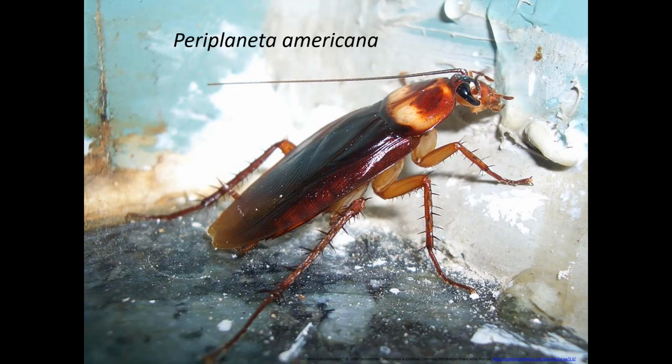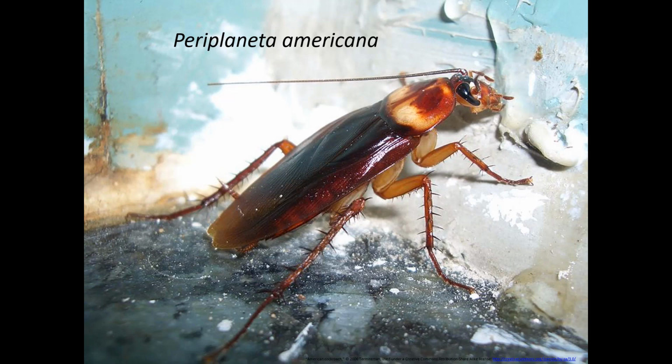The next species is the American cockroach. This is Periplaneta americana. This is one of the largest common species in North America. It is 1.5 to 2 inches long, so it is huge compared to the last two species. They have very, very well-developed wings, but they very seldom fly. Instead, they will glide, especially if they are on countertops or on high areas in your house. You disturb them, they're going to glide downwards.